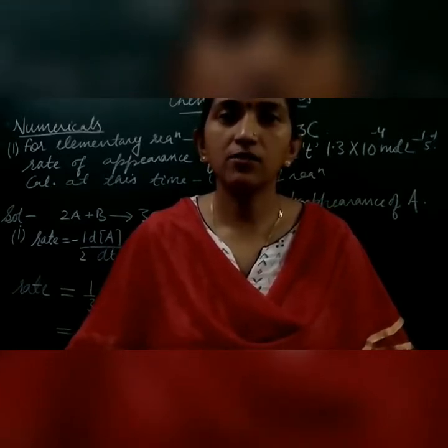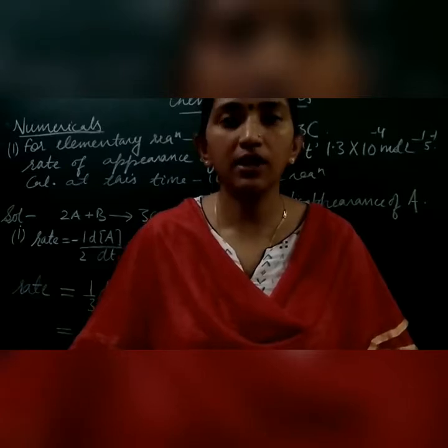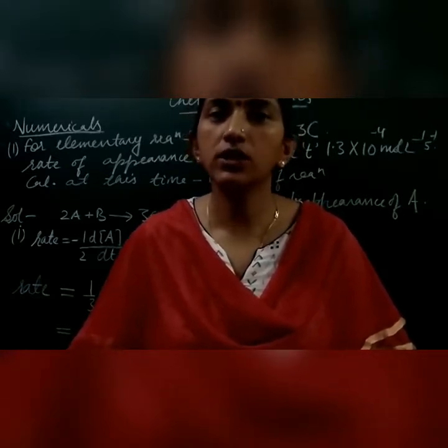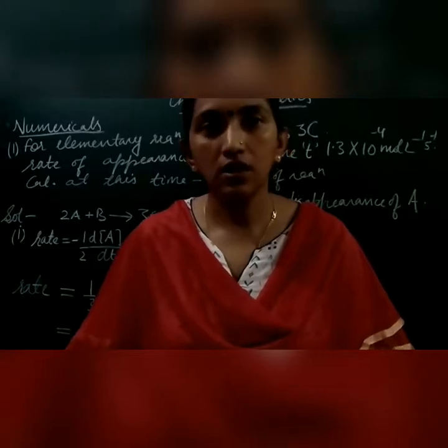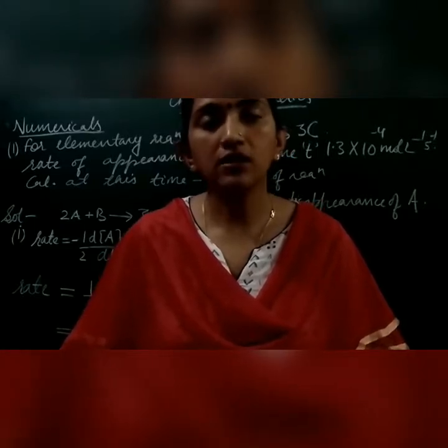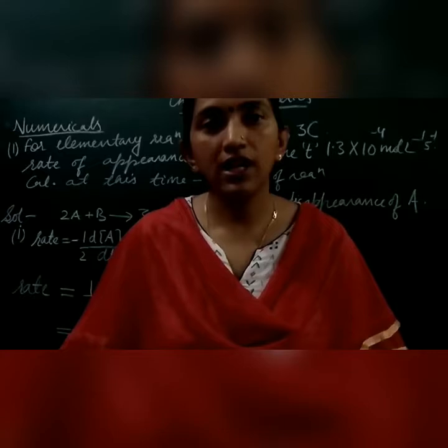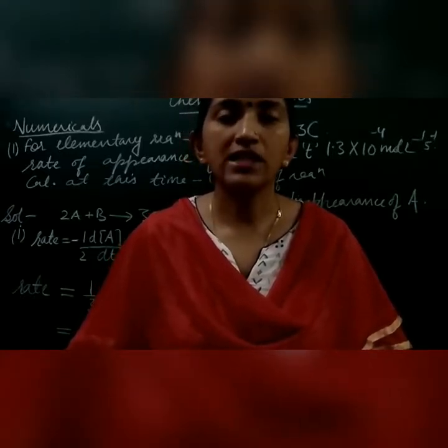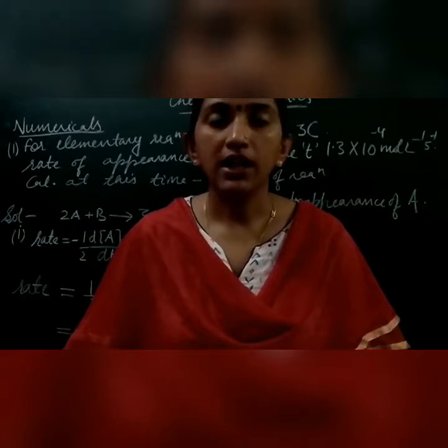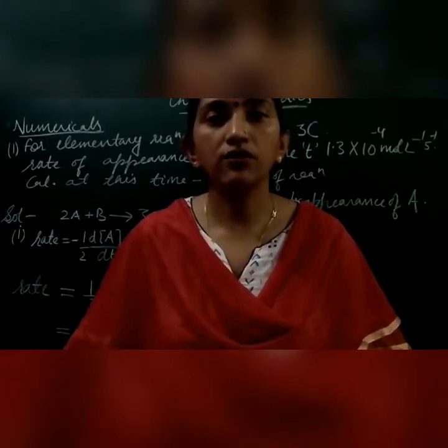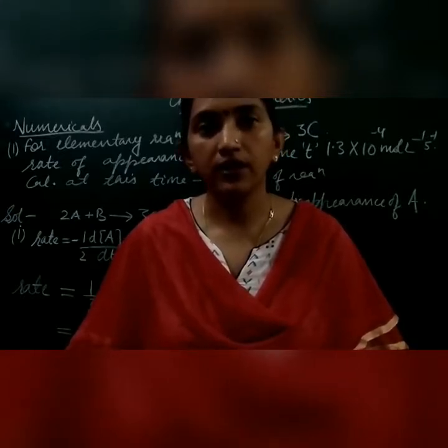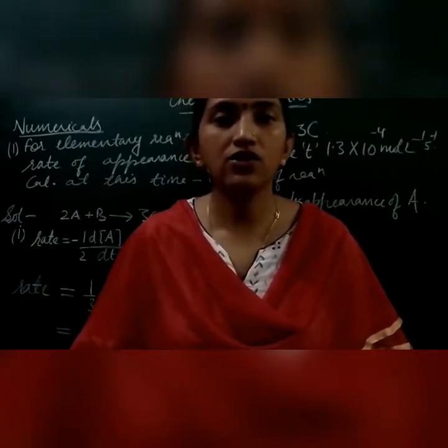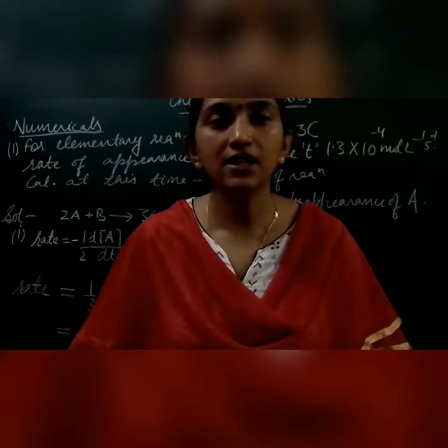Last day we have just begun the new unit, that is of the chemical kinetics. Again, it's a branch of science which deals with the study of the rate of the reaction, the factors which will affect the rate of the reaction, and the mechanism of it. So in the last class also we discussed the rate of the reaction, how we define a rate of a reaction, and how we can express it. We can express the rate of a reaction as average rate and instantaneous rate.